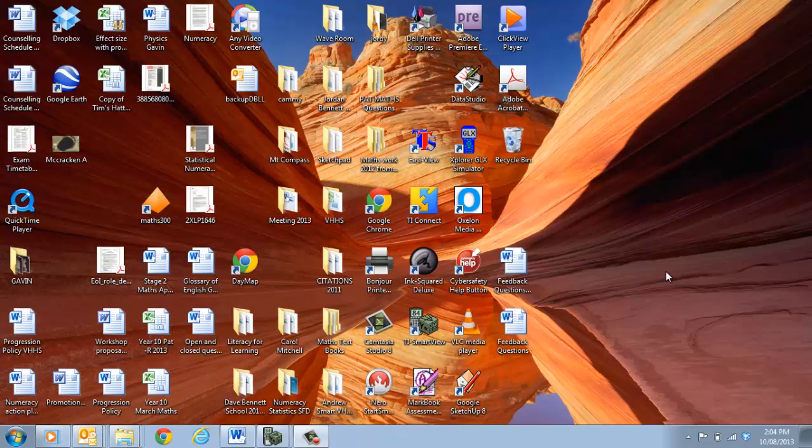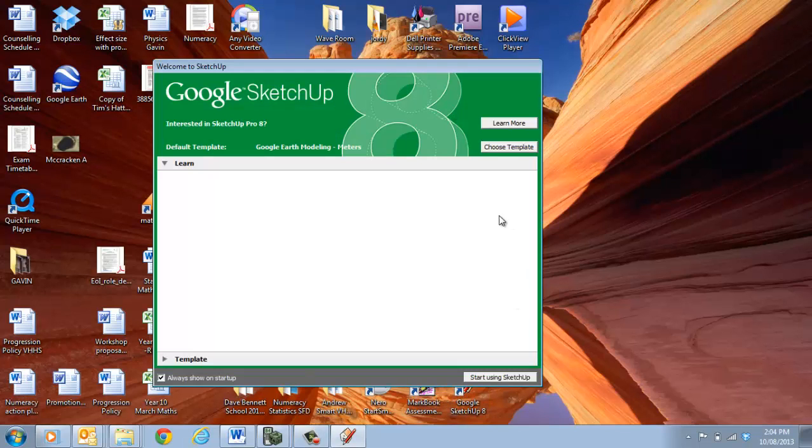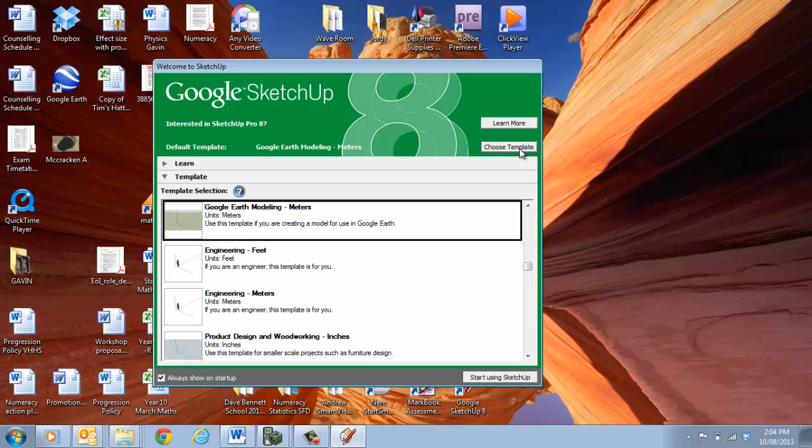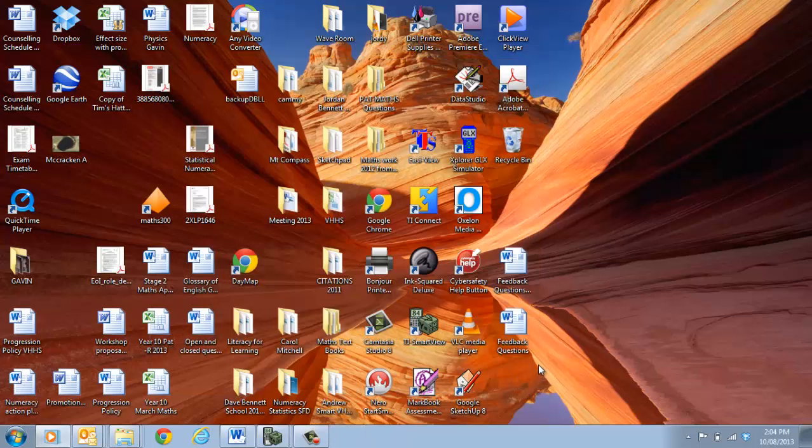I'm just going to show you how to do your scale diagram in Google SketchUp. So the first thing is to open Google SketchUp. Now you need to choose a template. Probably the easiest template to choose will be the Google Earth Modelling in meters. So if you click that one there and start using SketchUp,